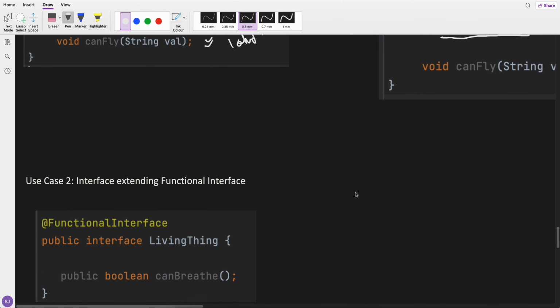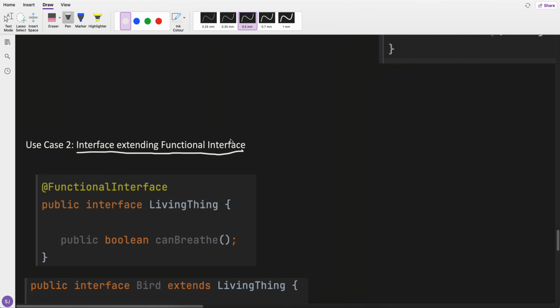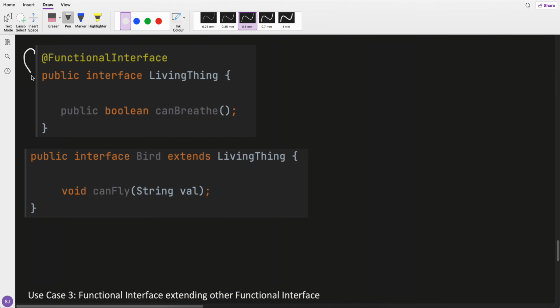Okay. Second use case, interface extending a functional interface. So now I have a functional interface first, living thing, which is a functional interface, meaning only one abstract method should be there. It has only one abstract method. Now I have an interface bird. It is not a functional interface, it's a normal interface. It extends living thing. It also has one abstract method, but since it extends, the parent's abstract method also comes to it,